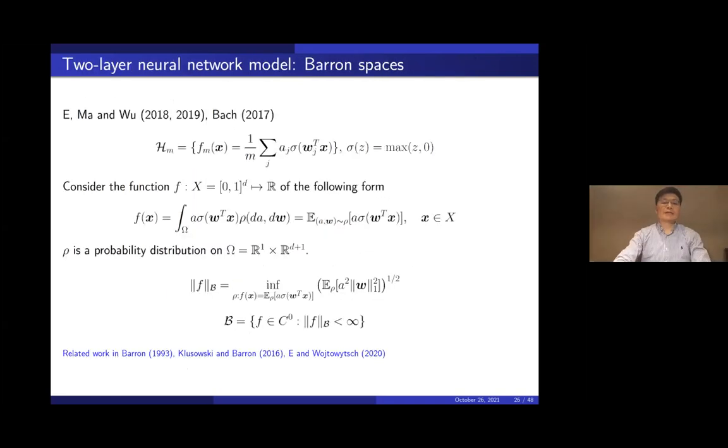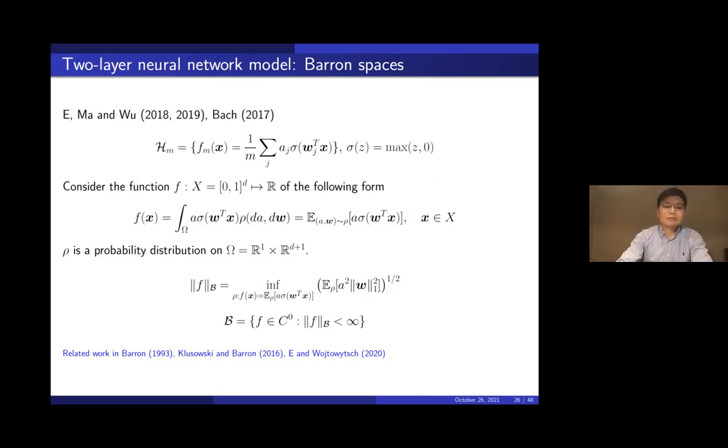So let's now give an example. Consider two-layer neural networks. Now we're considering the usual kind of two-layer neural networks, meaning that the activation function is this. This is called a ReLU activation function. This is the most common activation function used in practice. Now, I want to ask, for this kind of hypothesis space, what is the set of functions that can be efficiently approximated by this kind of two-layer neural network function?